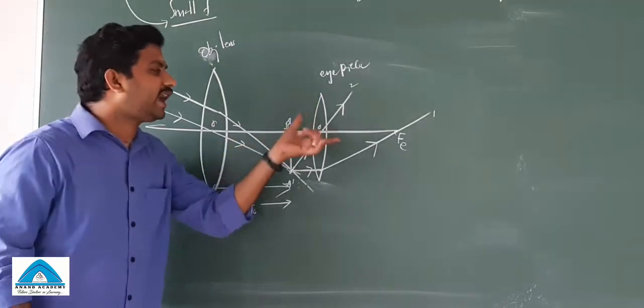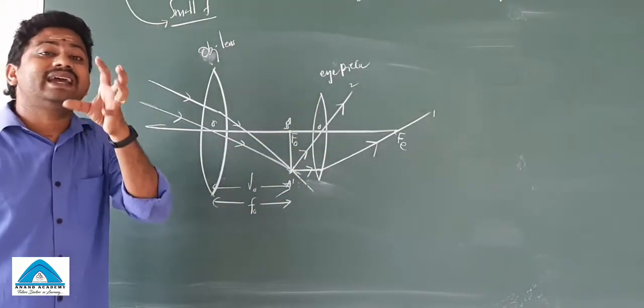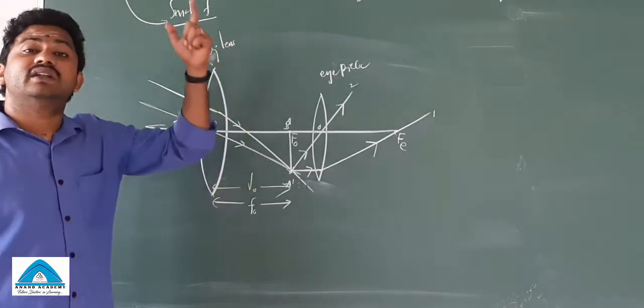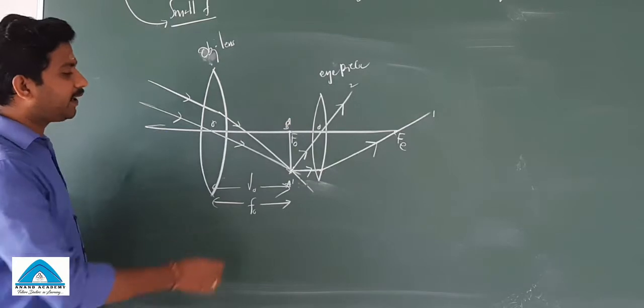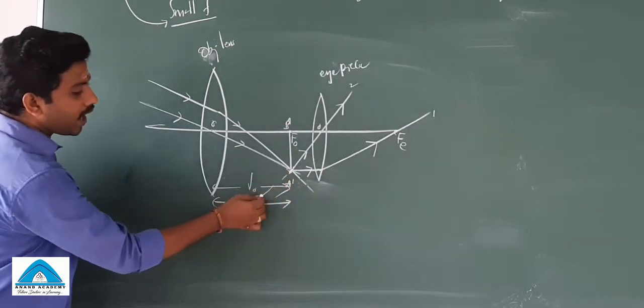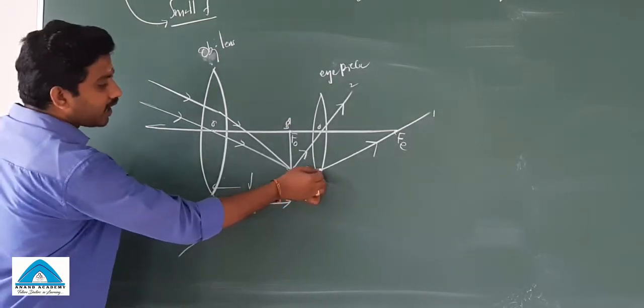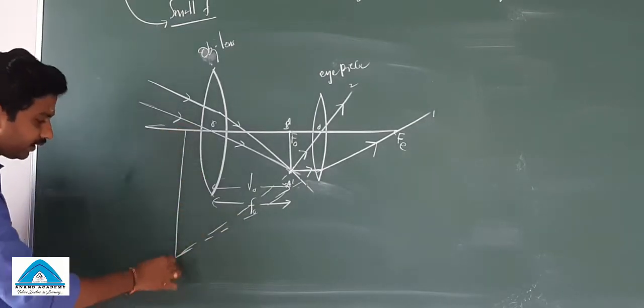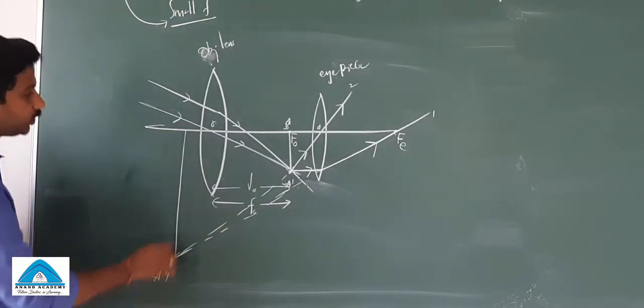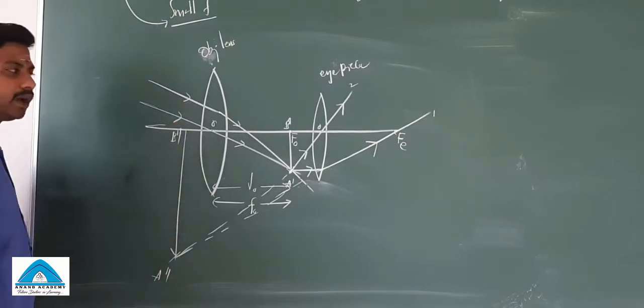If you understand, you must get the point from the ray diagrams of the convex lens. So this is the virtual image formation. See where the two light rays appear to meet each other. You can see somewhere here. So this is called A double dash and B double dash.